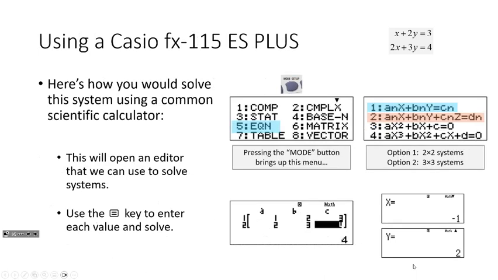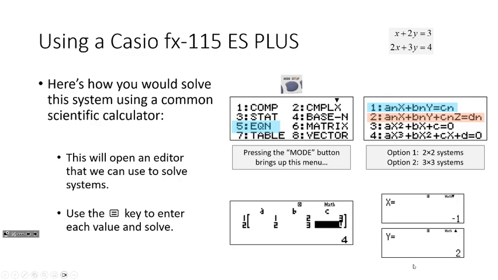Now, I have here some info on how to solve a 2 by 2 system using a Casio. I actually have compiled a YouTube playlist, which I'll probably link to Blackboard, that goes through how to solve simultaneous systems of equations with other calculators. But I go through how to do it in the Casio in here, because we've integrated that into Engineering 111. If you're using a Casio, what you do is you go to mode 5,